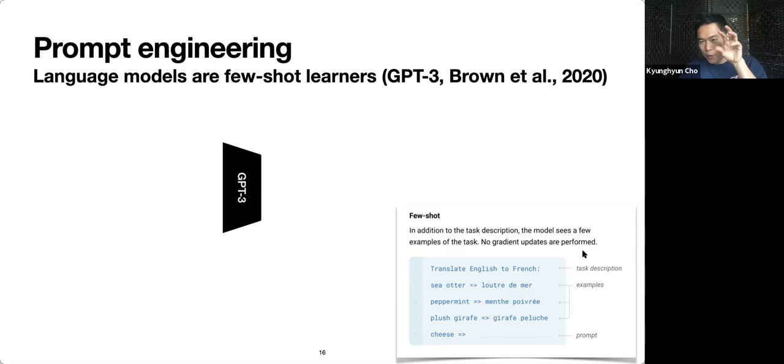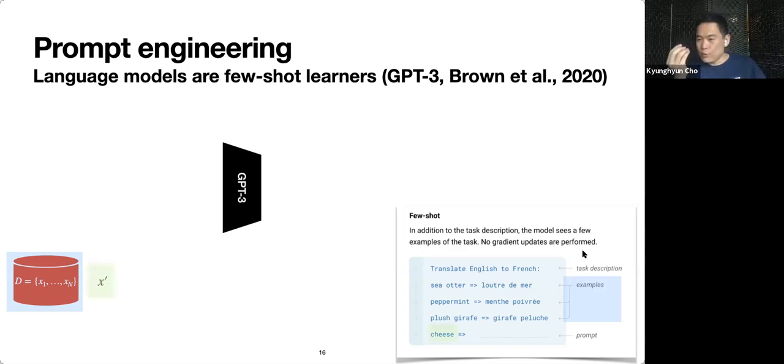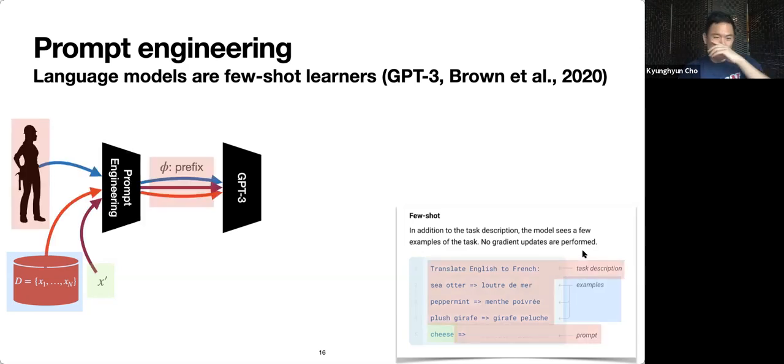So we have GPT-3, or a very well-trained large-scale language model, in the middle. And then we have this new set of few examples that we can use in order to define a problem. And then we have a new example that we want our language-model-based few-shot learner to make a prediction on. Then here comes us. So here is the prompt engineer who's going to look at all these very few training examples and a new test example that we want our GPT-3 based few-shot learner to answer. And then we engineer this prompt.